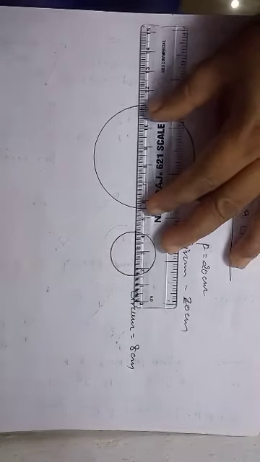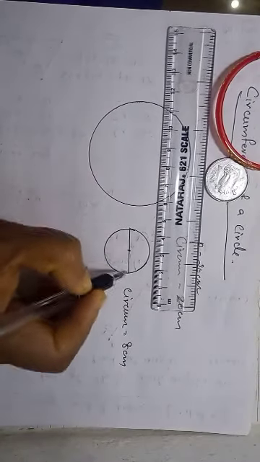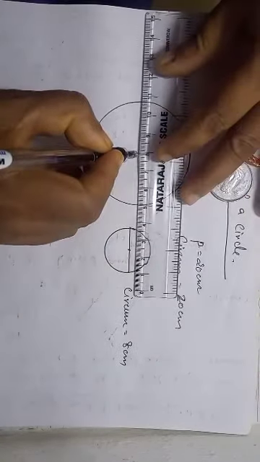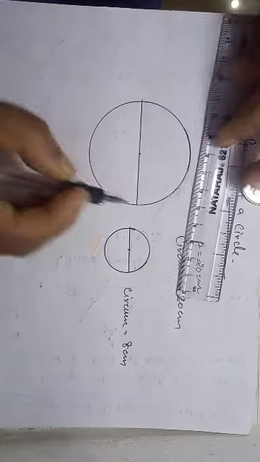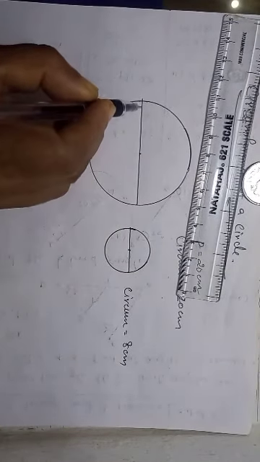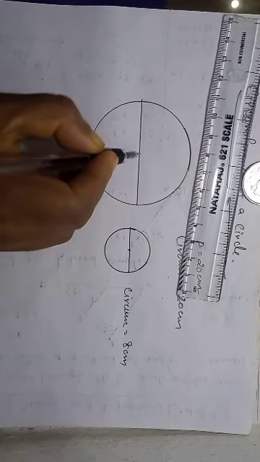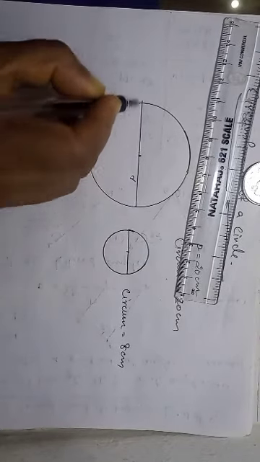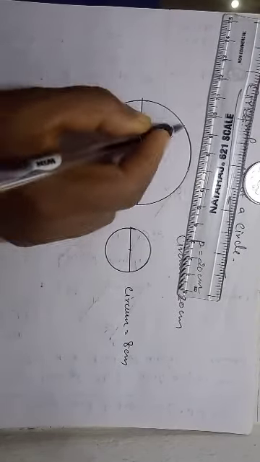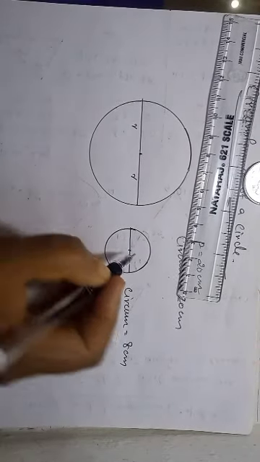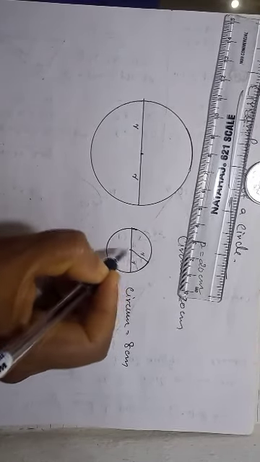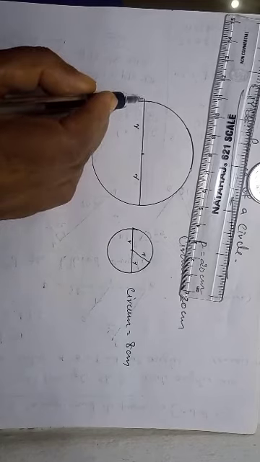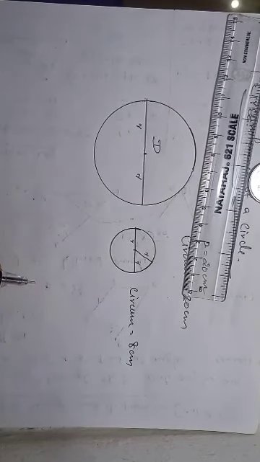What is meant by diameter? Diameter is the distance passing through the center of the circle. The line joining 2 points on the circle and passing through the center, we call the diameter. Here to here, we call the radius. Here to here is the radius of the circle. When we mark like this, you get so many radii. Radius we represent with a small r, and 2 times the radius, here to here, is the diameter.